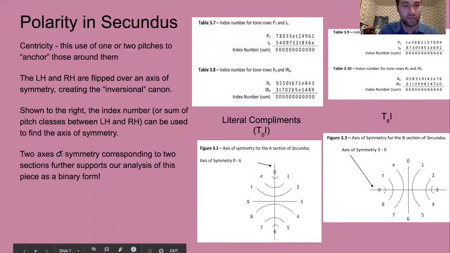And then in the second half of the piece, the index number is different, so we get a different axis of symmetry, which goes through 3 and 9. And the 6 here corresponds to the transposition number here. It's inverted then transposed by 6 semitones. So yes, the 2 axes of symmetry corresponding to 2 sections further supports our analysis of this piece as a